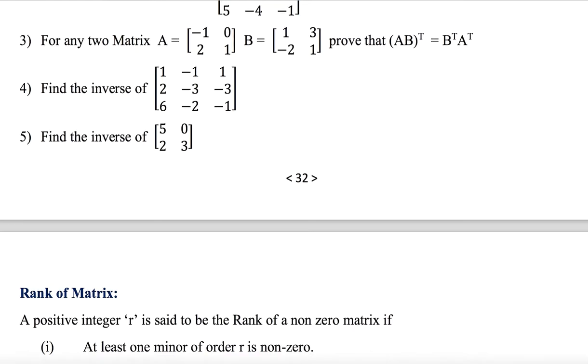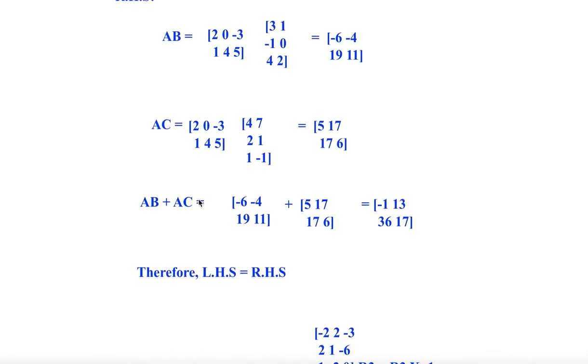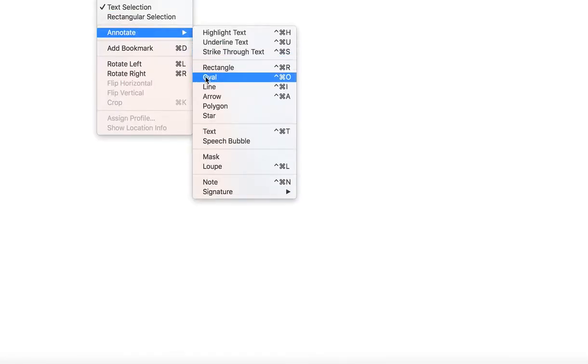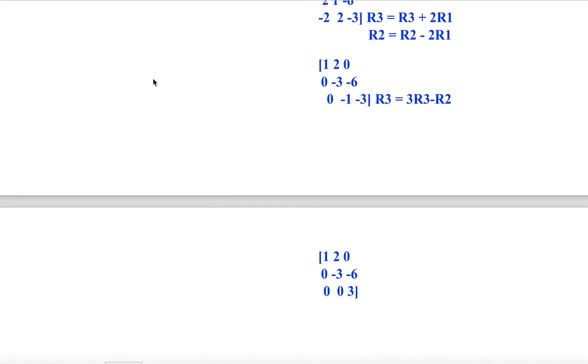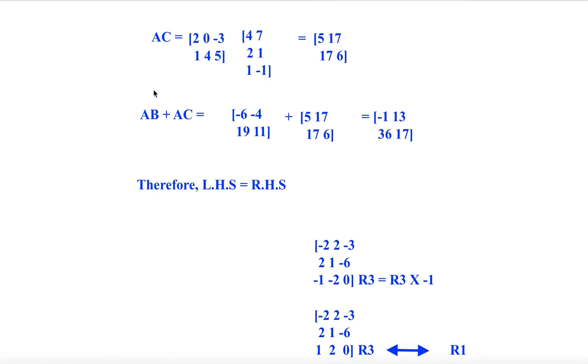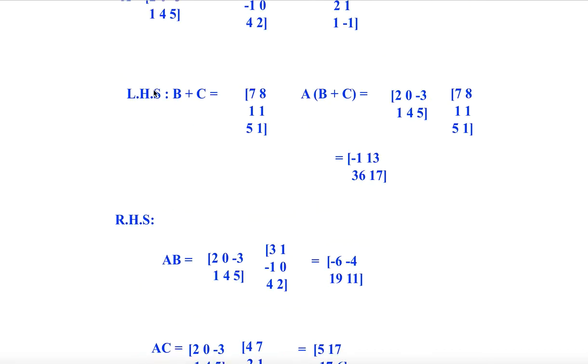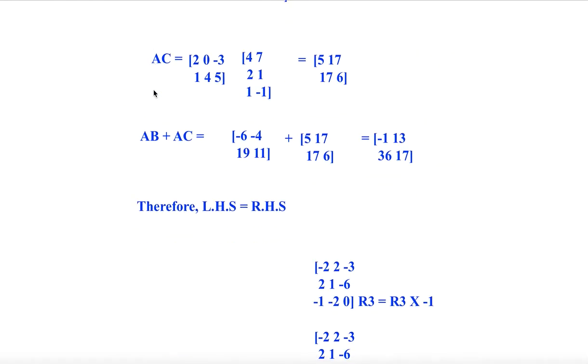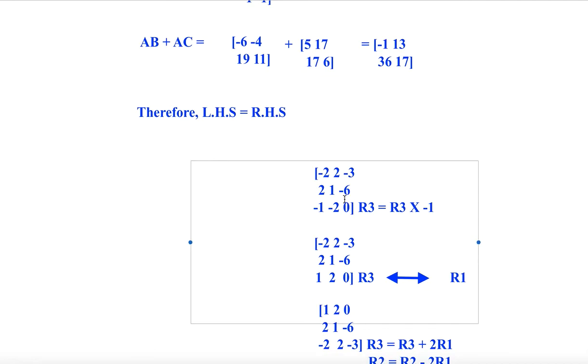Let me go to some other sheet because the space may not be sufficient here. Right, let's use this one. What is A? Let me get A first. A equal to, somewhere I wrote a 3 by 3 matrix. All are 2 by 2's here. Oh yeah, this is 3 by 3.